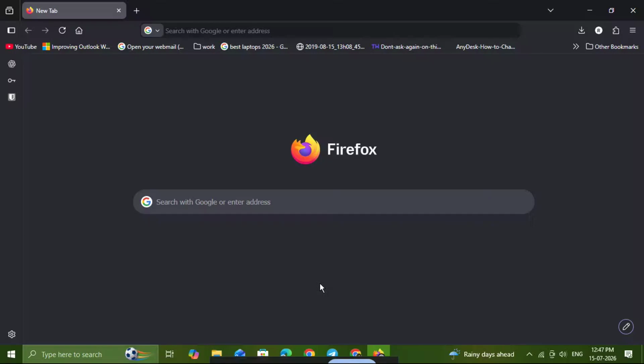In today's video, I'm going to show you how to add a print button in Mozilla Firefox so you can print pages faster with just one click. This is a simple customization that can save you time every day, especially if you print documents, articles, receipts, or